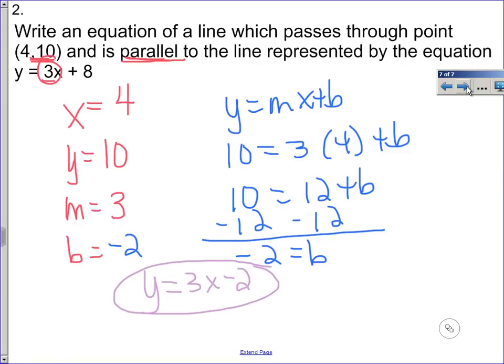So this is an introduction to how we start to write lines based on different information,